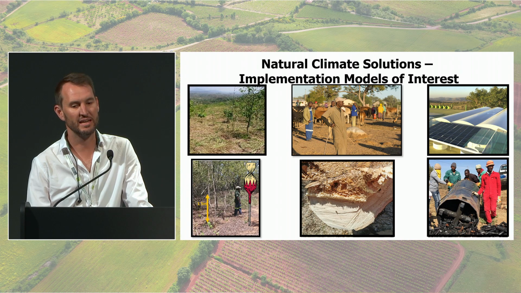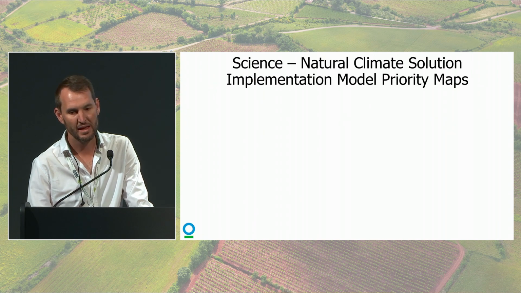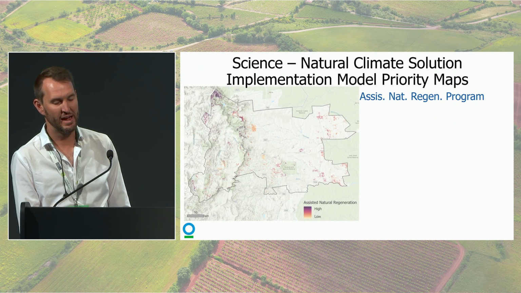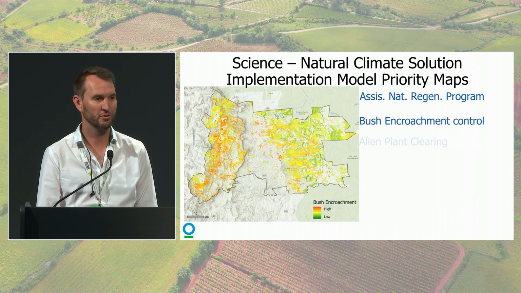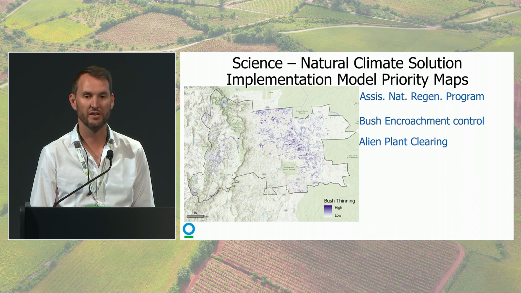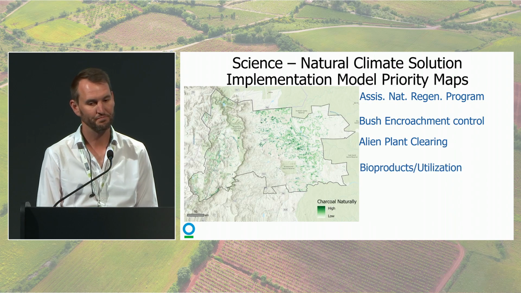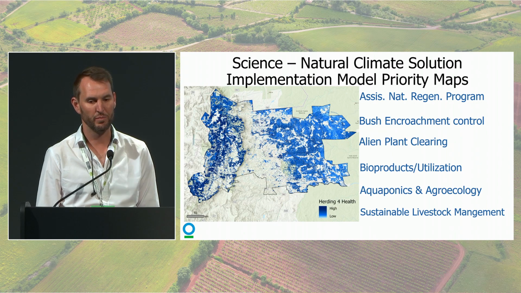What we managed to do is take the 6 implementation models that have been running for the last 5 years, from both ourselves and partners, and we started to prioritize them and use the data both from the financial point of view, but also from the outcomes. Each one became more and more relevant as we went through, and we started to map them out using the tools, well, the C+ tool, but it's really the existing data that was there from many of the tools that have been shown today. We went all the way through and ended up with the 6 different implementation models,